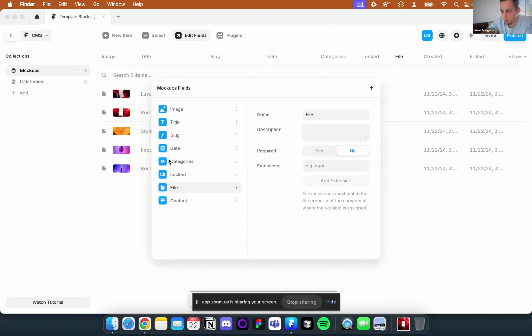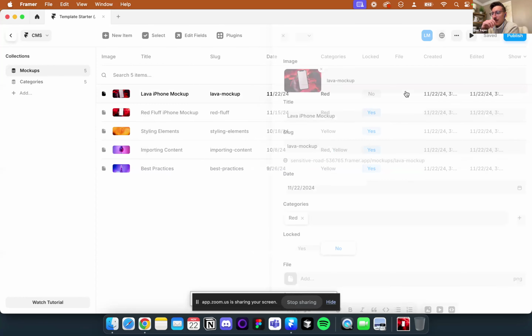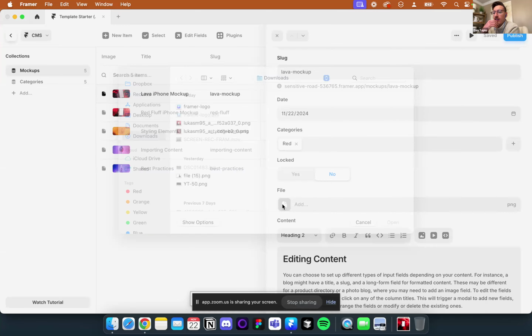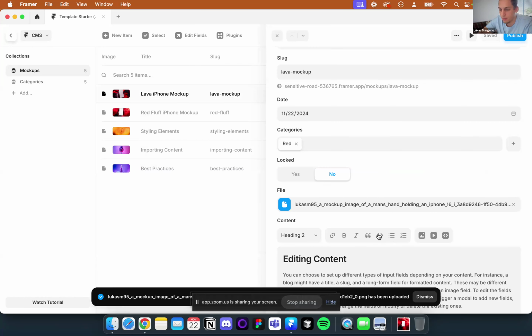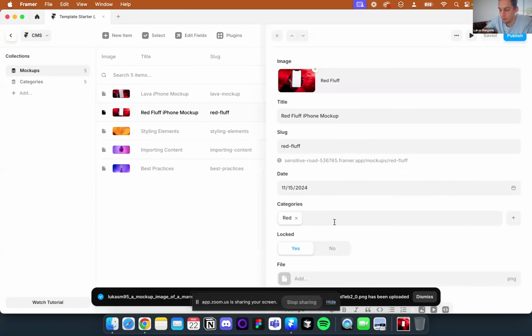Yeah, PNG. So you could just add .png there. Add extension. All right, so now that that is there, it's going to be this one, and then this is going to be